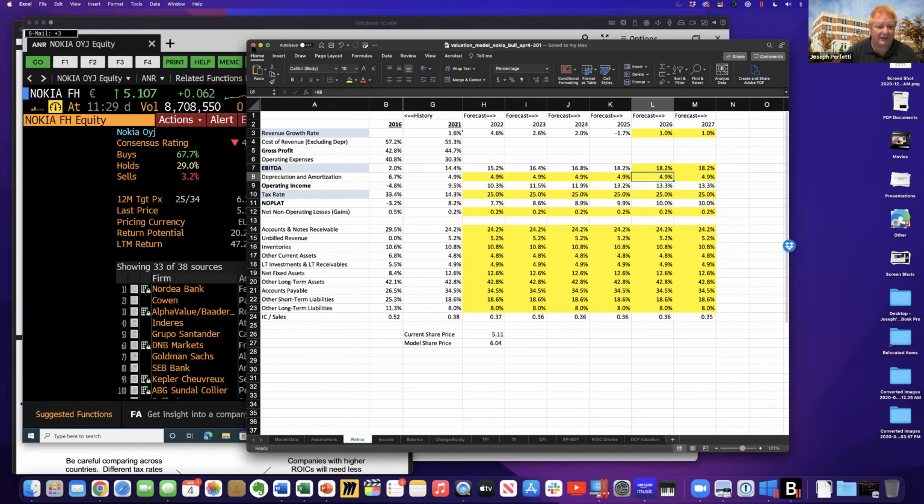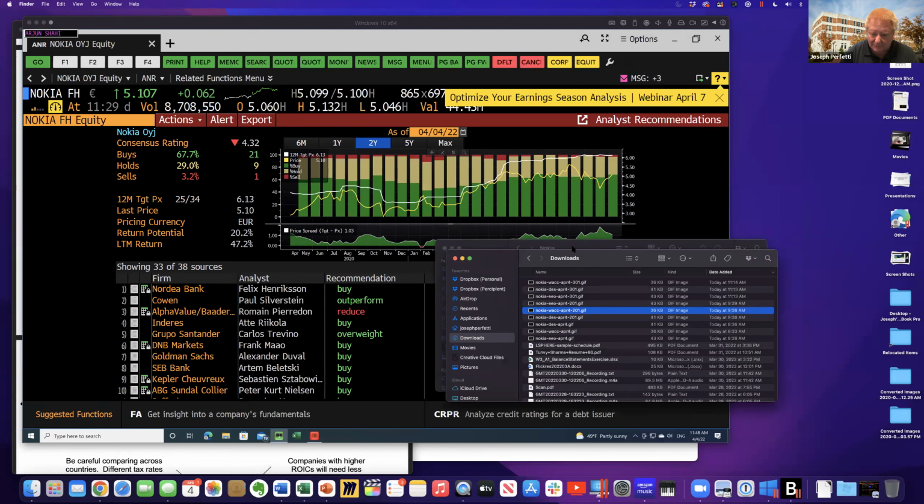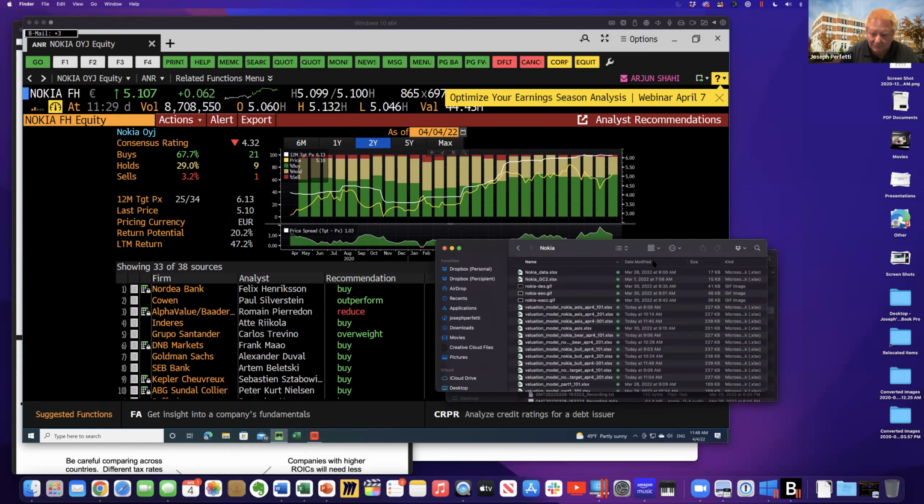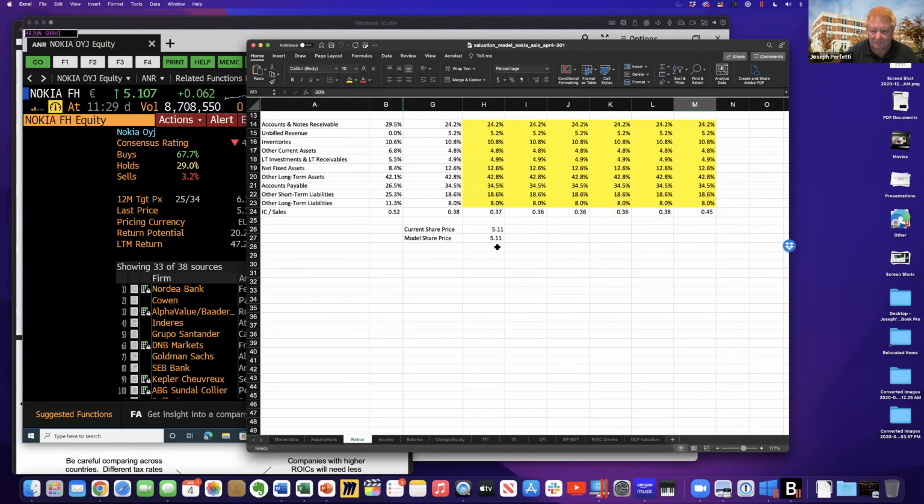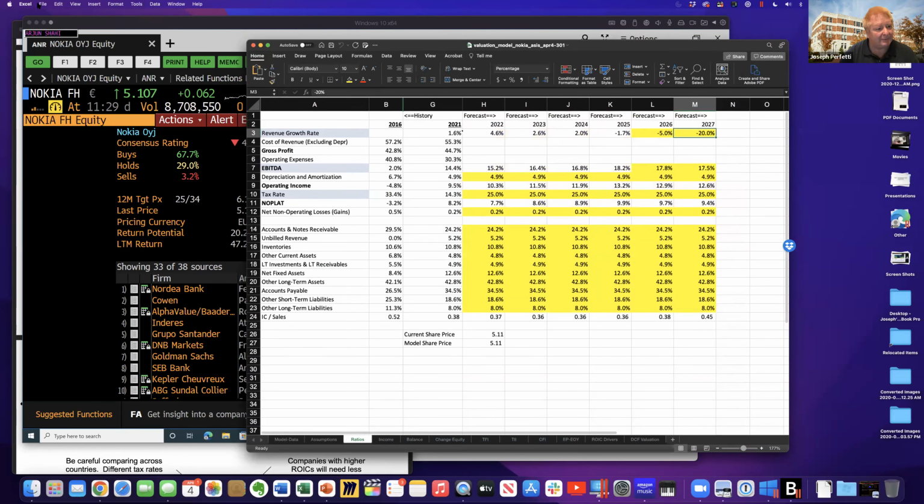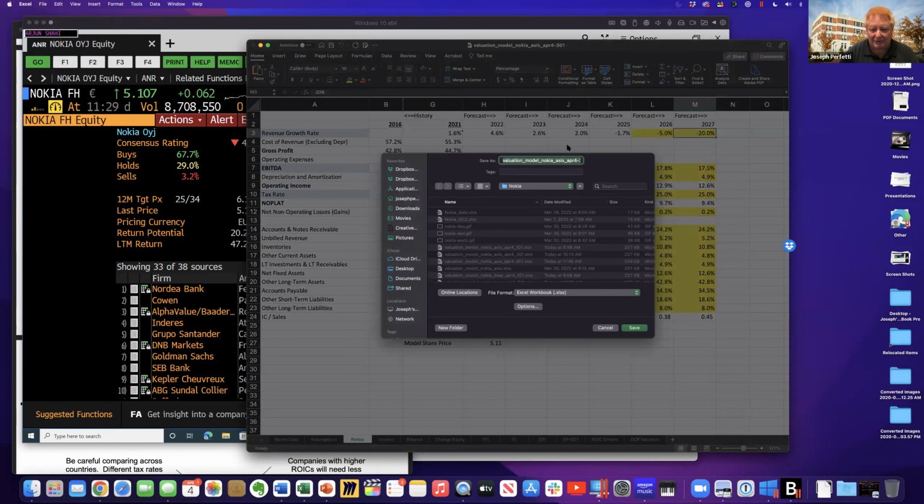I'm going to close this file. I'm going to reopen my as is with the 511 share price. And I'm going to recreate another version, save as, and I'm going to call this my Nokia Bear. So now